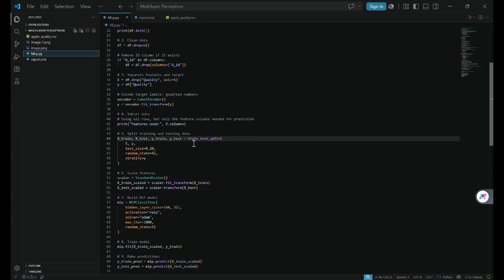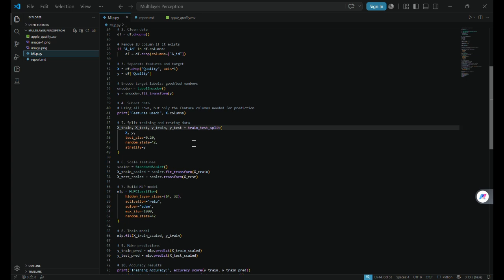And then I split the data into training and testing. As we've seen previously, the training set teaches the model, while the testing set checks how well the model